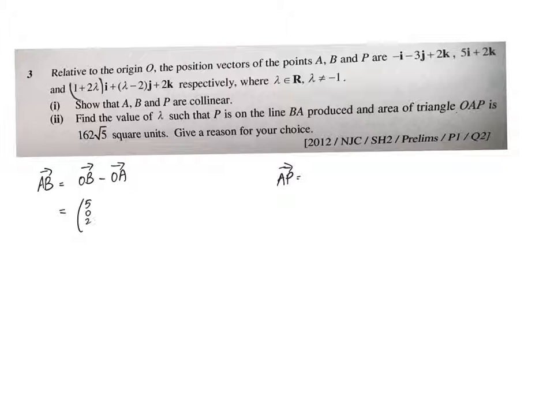(5, 5, 2), subtracting (-1, -3, 2). Okay, and the final answer comes out to be (6, 3, 0). And for AP, right, AP basically is OP minus OA. Okay, and you have